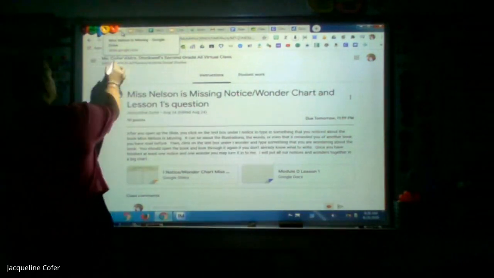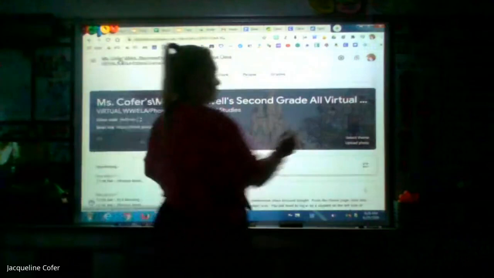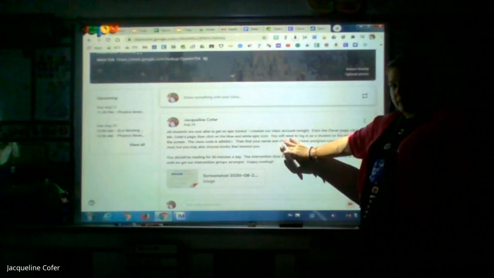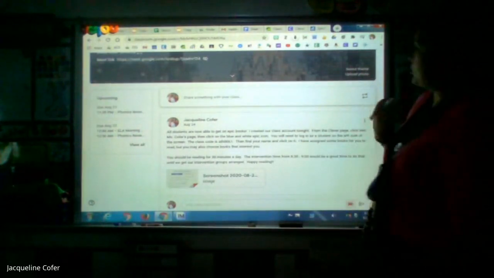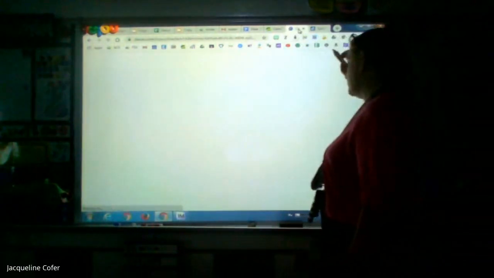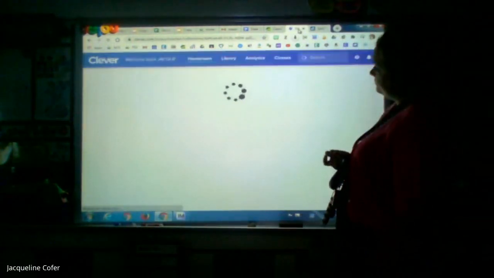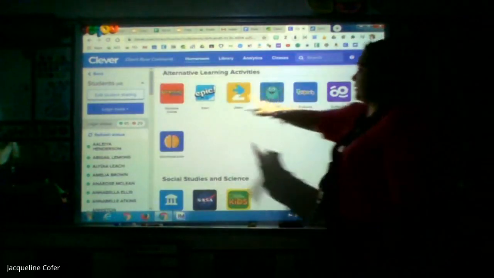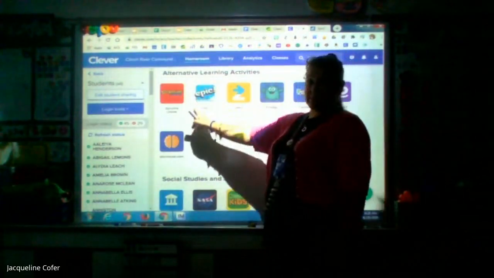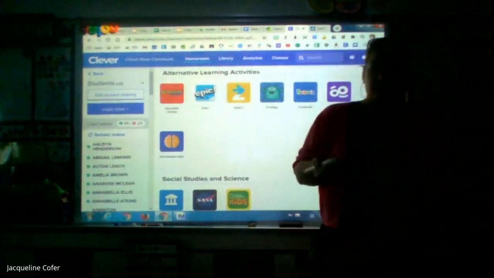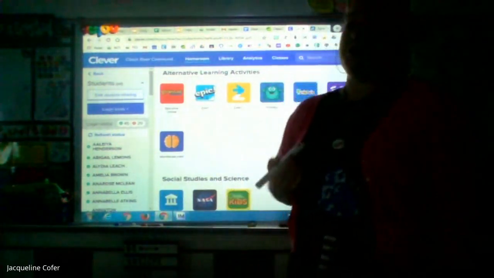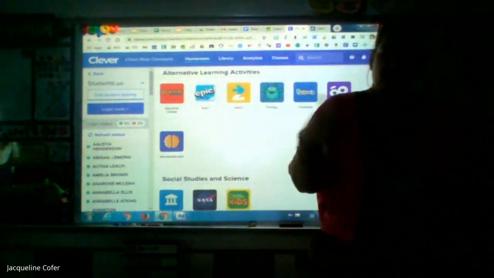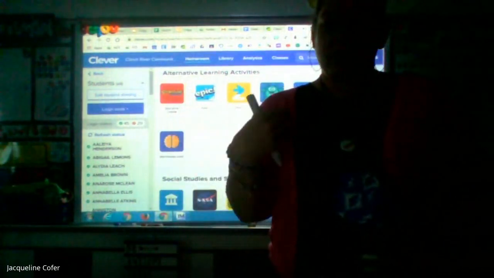Also, while I have you here, I want to show you this post that I made this morning. Everyone has an Epic Book account now. Once you log on to your Clever page, this is your Epic Books. This little box right here, it's blue and it says Epic. Once you click on it, it should take you to your account since you were already logged in on the Chromebook. So between 8:30 and 9 o'clock during intervention time, especially when we don't have intervention classes just yet,